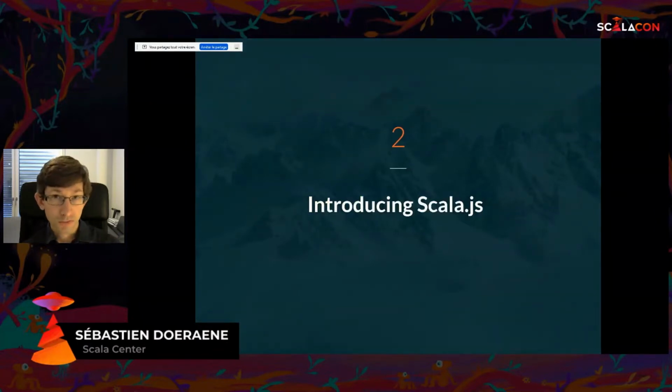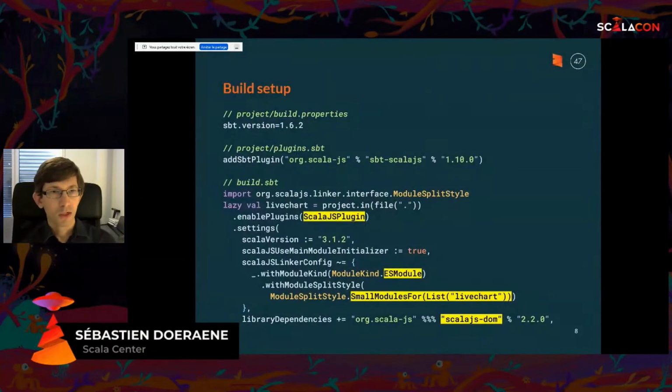So let's modify this template and really set up Scala.js now. This is our usual SBT script, always a bit daunting at first, but there aren't too many things that are out of the ordinary compared to an SBT script that you would see for any other Scala project. The most important aspect, of course, is enabling the Scala.js plugin. We have at the bottom a library dependency on Scala.js DOM, so that we have static types for the DOM,